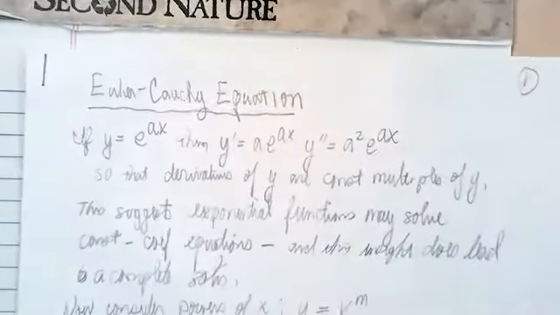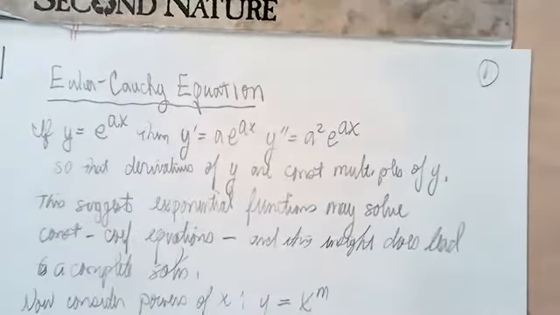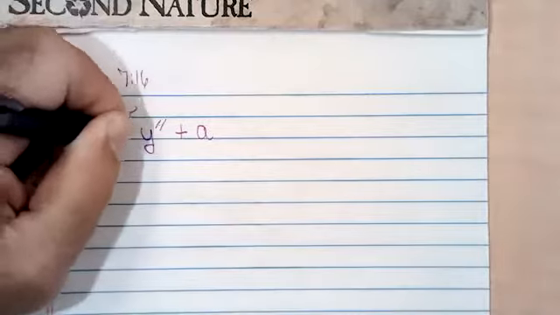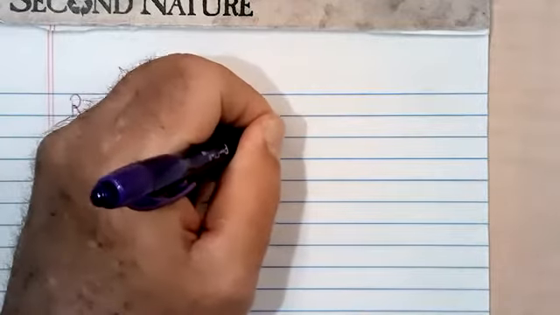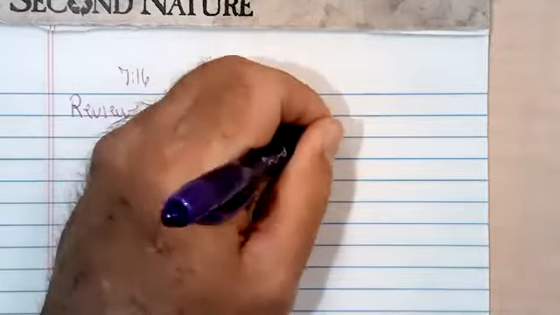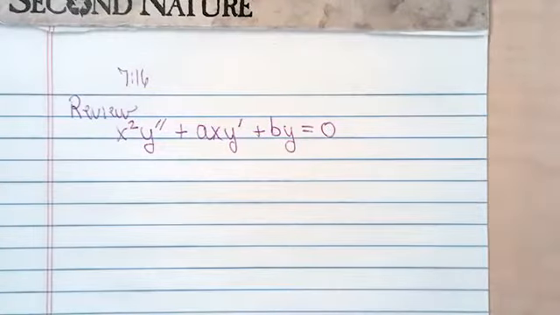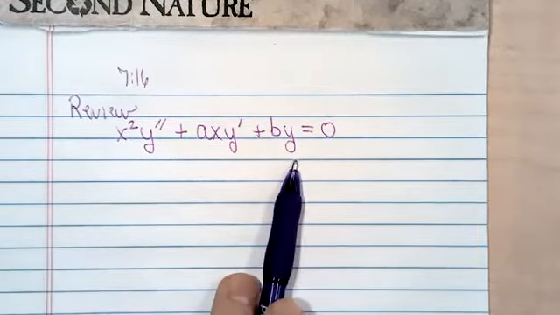Okay, ready for part two. The second part of the lesson tonight is on the Euler-Cauchy equations. And in a nutshell, Euler-Cauchy equations are those that fit into this form: x squared y double prime plus a x y prime plus b y equals 0. Now, by the way, you probably noticed at this point, all of our special cases that